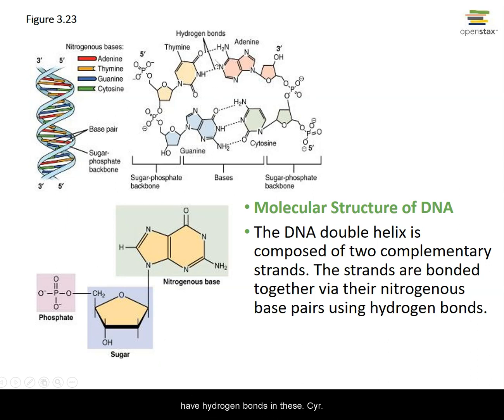And here we have hydrogen bonds, and these dots here represent hydrogen bonds because hydrogen bonds are easily broken and easily built. Okay, so it is a double strand of two complementary strands of